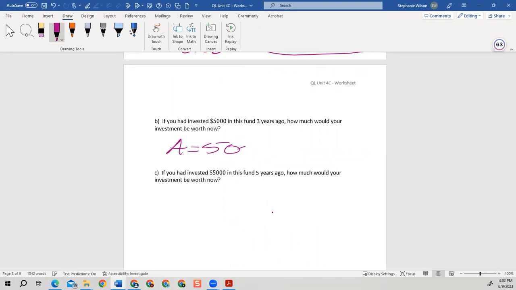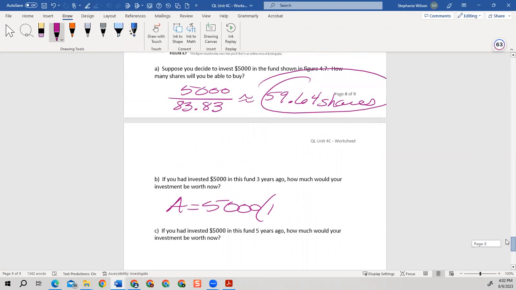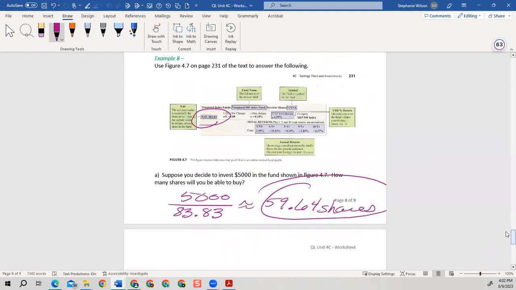I got $5,000 that I'm investing, and then I got 1. And let's go up there and figure out what is that interest they're talking about. And it says, let's see, 3 years ago, right here, you see it? Right here, it's a negative